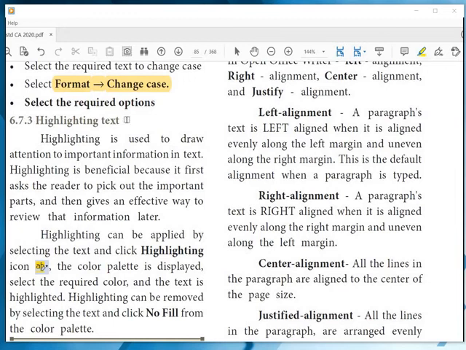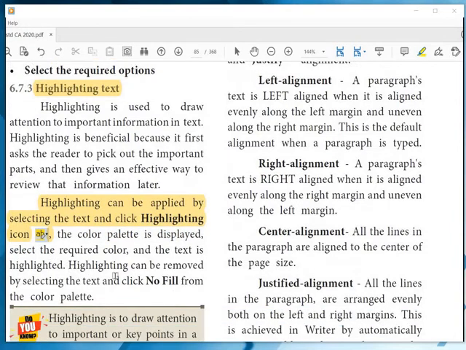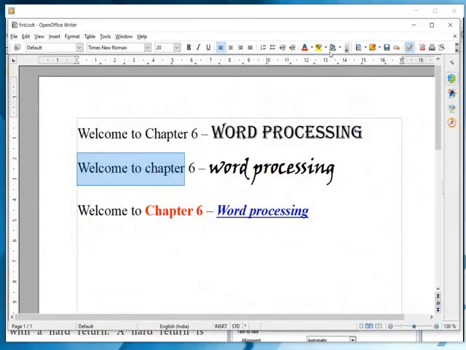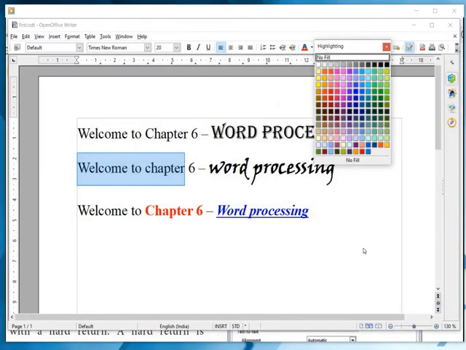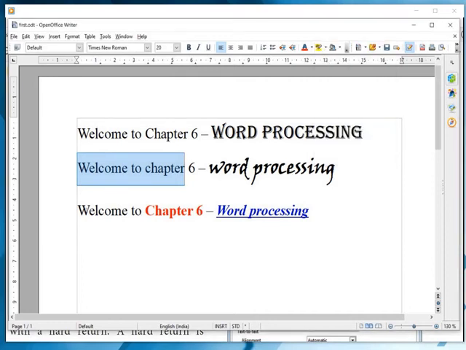Then highlighting the text. Highlighting can be applied to the selected text by clicking the highlighting icon. To remove it, we can click No Fill from the color palette. Usually we do the highlights to give importance to a particular point. So select the text or line which you want to highlight.